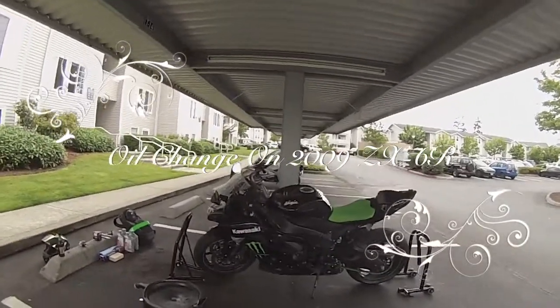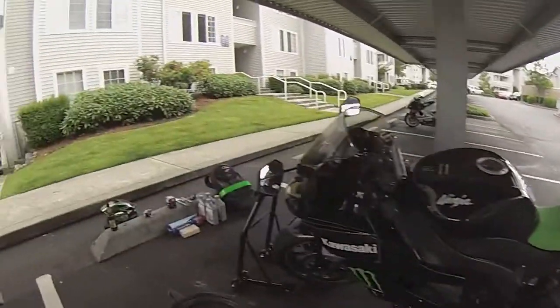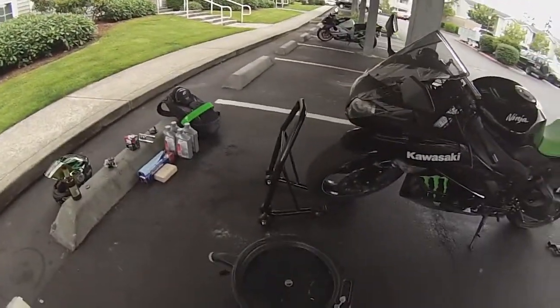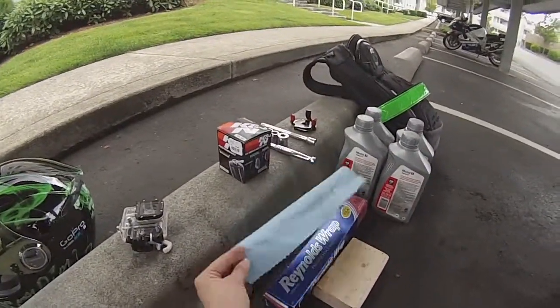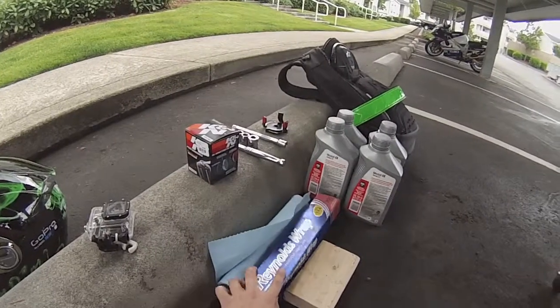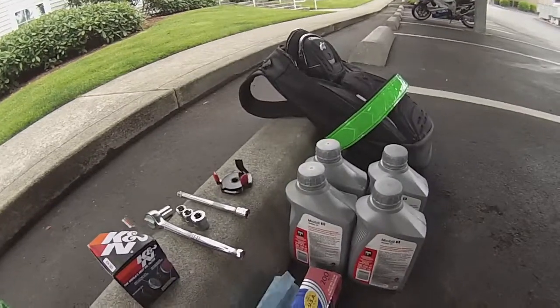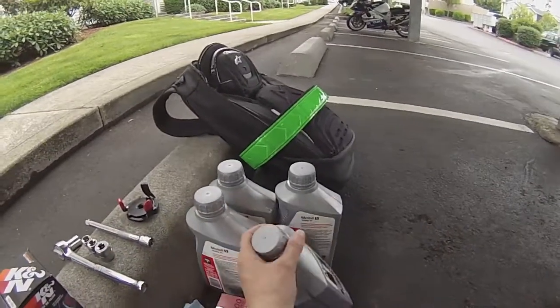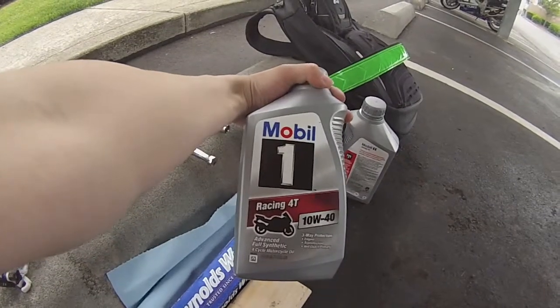Alright, gonna do an oil change on my bike today. I've got a rear stand and a front stand, oil pan, some paper towels in case it gets messy, a tin foil for whenever I do the oil filter to help it drain out, 4 quarts of Mobil 1 Racing T 10W40,